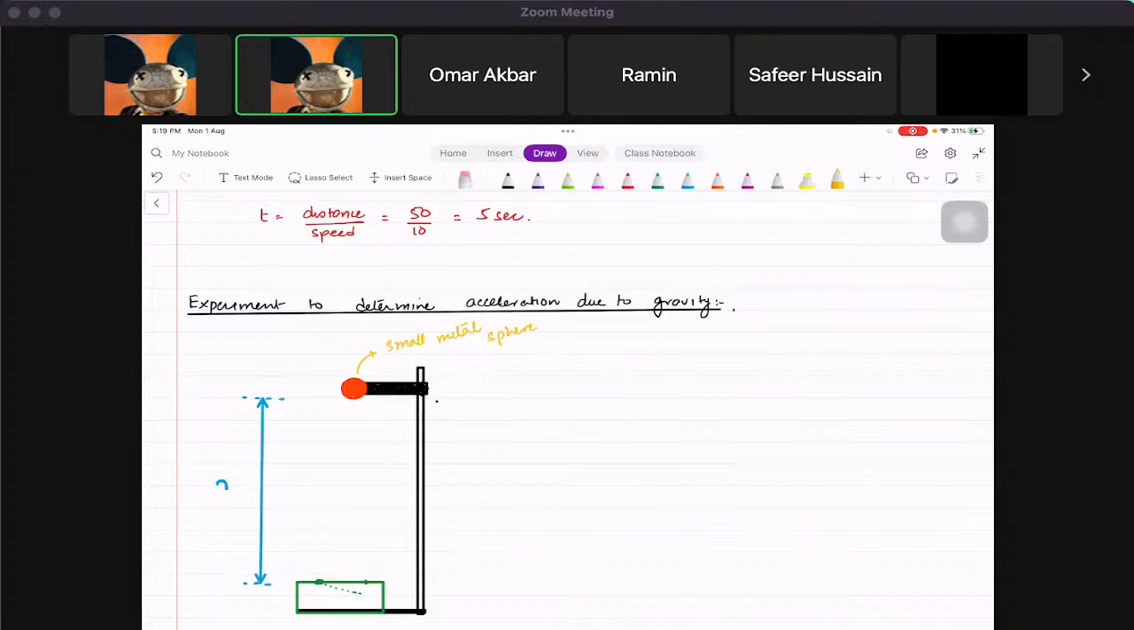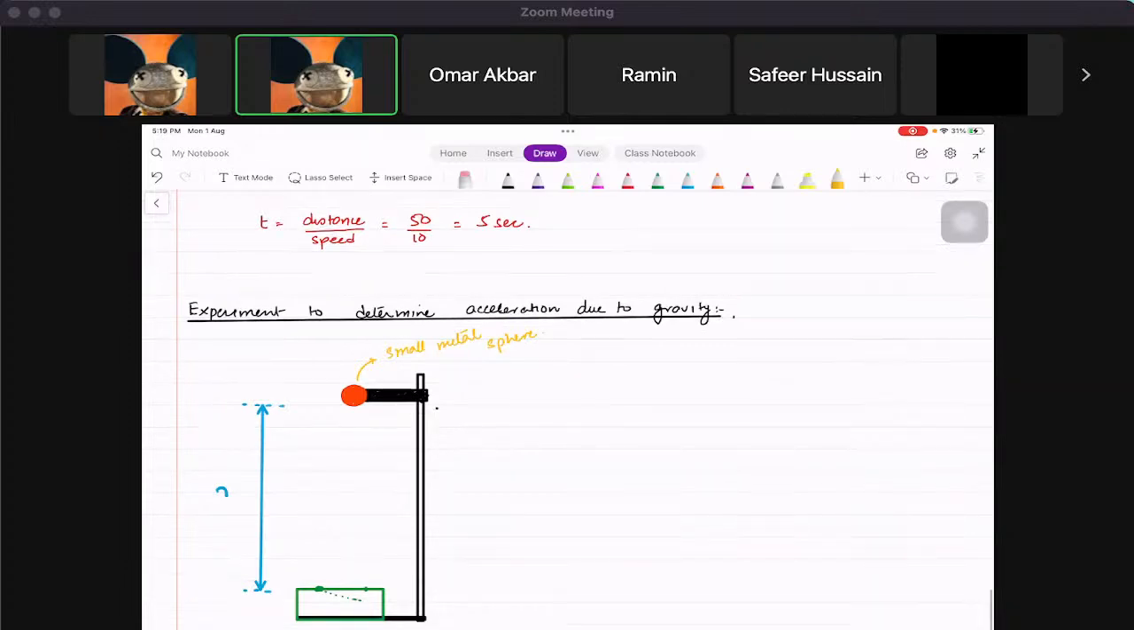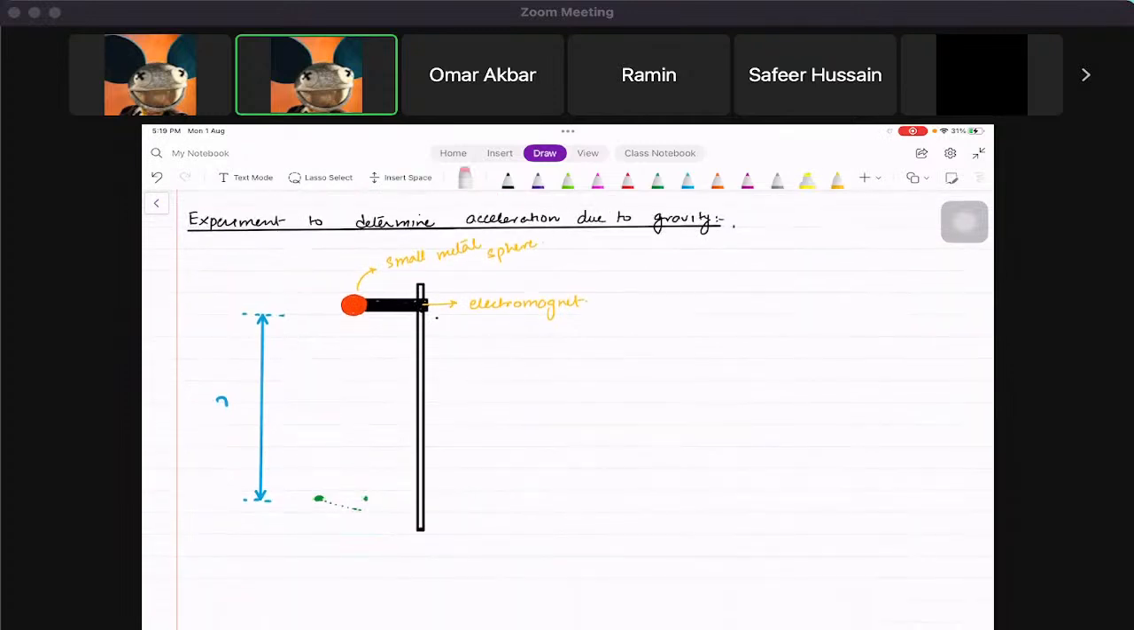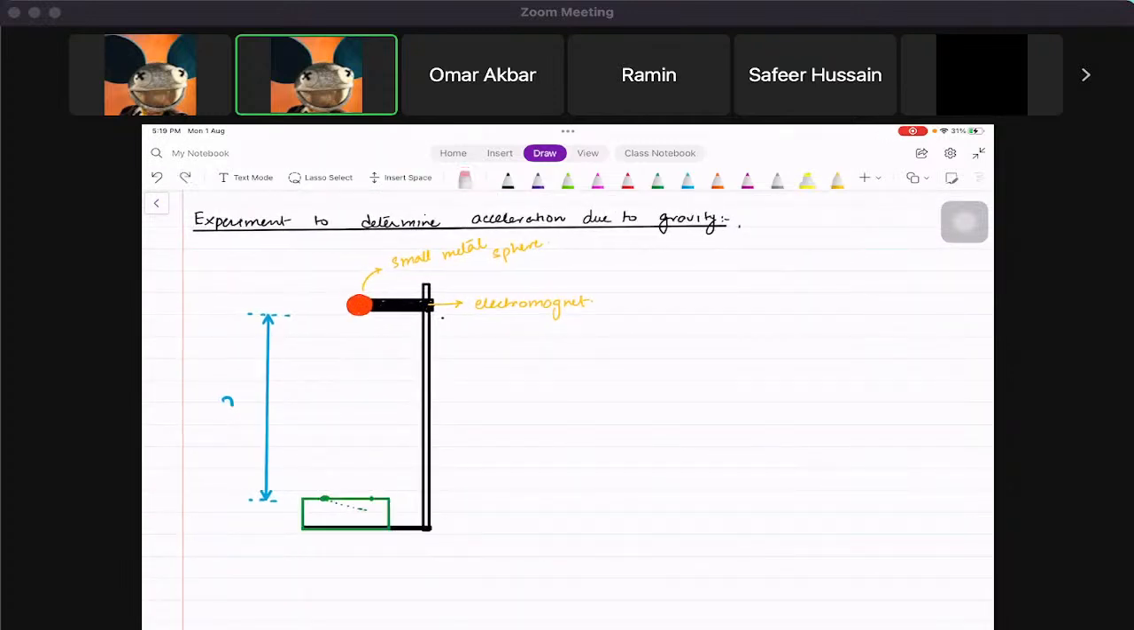Okay, so there is a small metal sphere which is basically connected to an electromagnet. By now you should know what is an electromagnet. In O levels you have done that it is basically a magnet. When you turn it on, it becomes magnetic, so it touches the metal sphere. And here this is a trap door